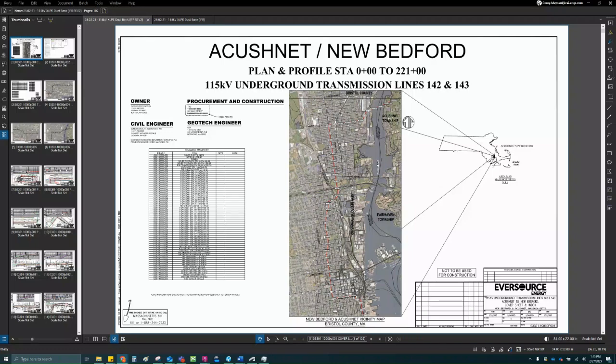Hi, everyone. My name is Corey Maynard, and I'm an engineer in the Substation Department 30, specifically site development. However, I've recently been working on an underground transmission project, a duct bank project for Eversource Energy in the city